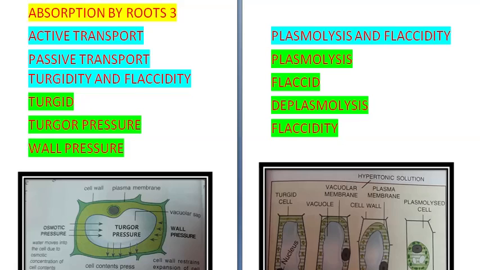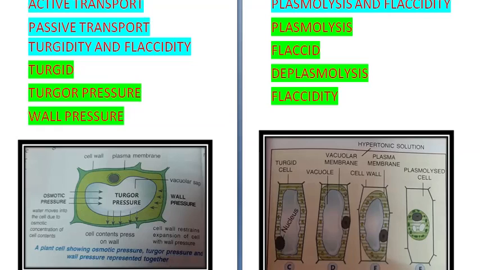Now next we come to plasmolysis and flaccidity. If a cell of a leaf of an aquatic plant is placed in fresh water, it remains in a fully distended condition. Why does it remain fully distended? Because fresh water has less amount of solutes, so water concentration outside is more than inside the cell, and water will enter the cell. Now the plasma membrane will remain in close contact with the cell wall and press against it like the rubber bladder of a football.